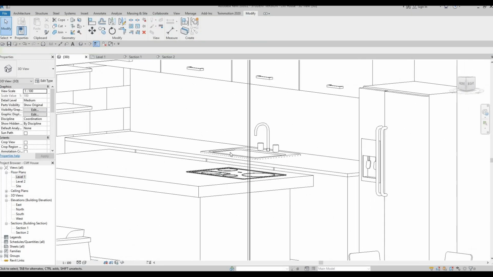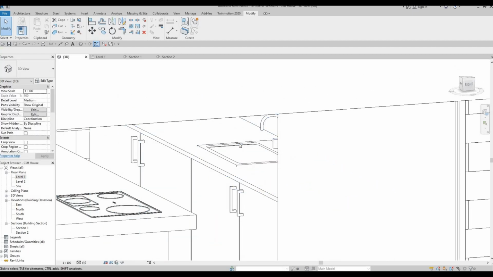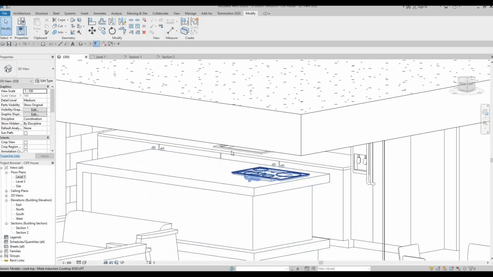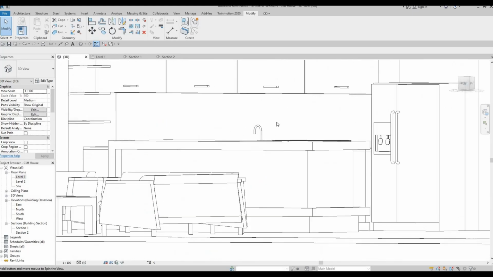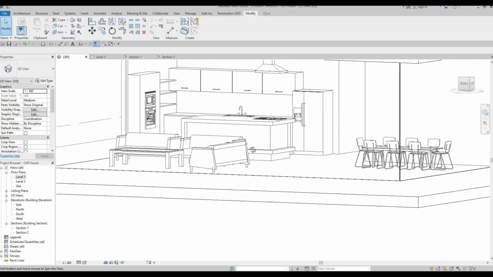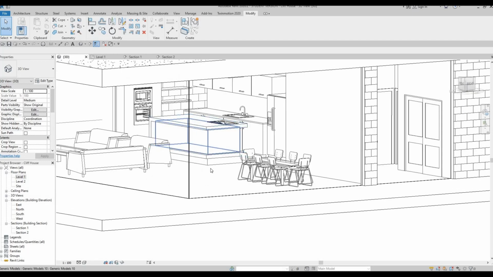And as you can see, you can now see down there. So we're done with the kitchen,